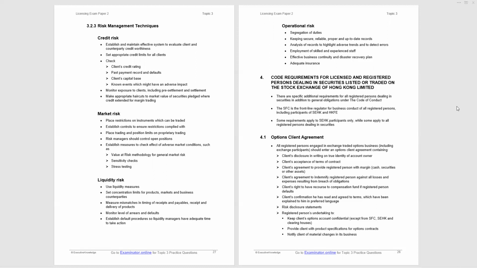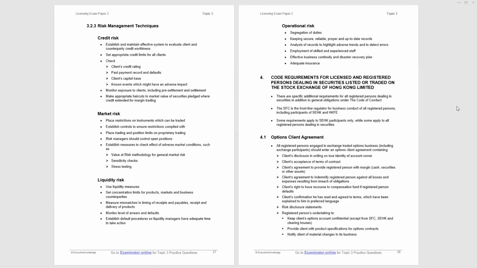Client disclosure in writing on the true identity of the account owner, client's acceptance of the terms of contract, client agreement to provide the registered person with margin, cash, securities, collateral, etc. Client's agreement to indemnify the registered person against all losses and expenses resulting from breach of obligations. That is in the agreement, that has been examined. Client's right to have recourse to the compensation fund, that's the investor compensation fund, if the registered person defaults, that has been examined. Client's confirmation that he or she has read and agreed to the terms, which have been explained to him or her in their preferred language. Risk disclosure statements, and then the registered person's undertaking to keep the client's options account confidential, except from the SFC,